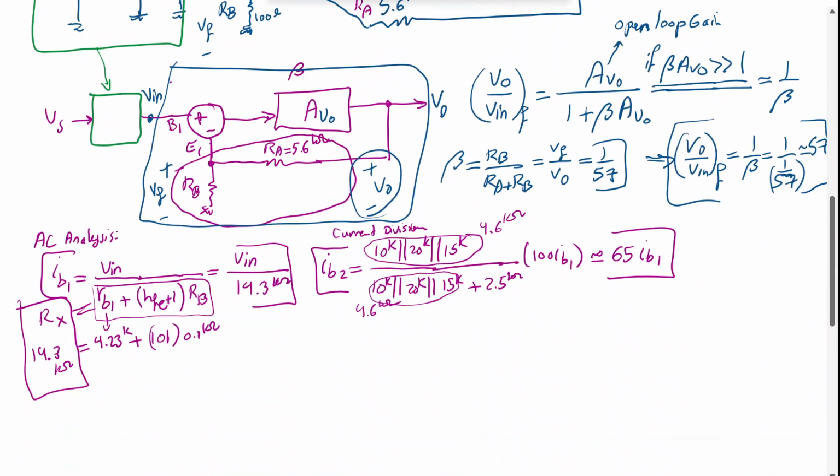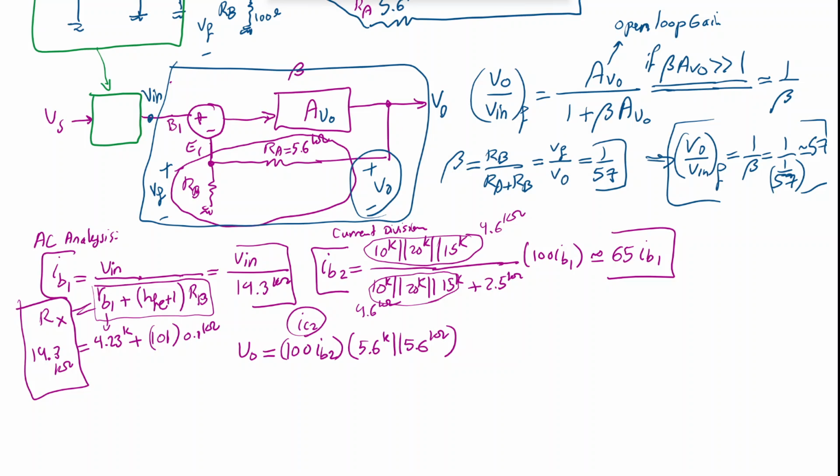Therefore, I can say the output voltage, AC-wise, is equal to 100 IB2, the collector current of the second transistor, times 5.6K parallel with 5.6K, which is 2.8K. So as a result of this analysis, we get, just to make sure I'm not missing something,